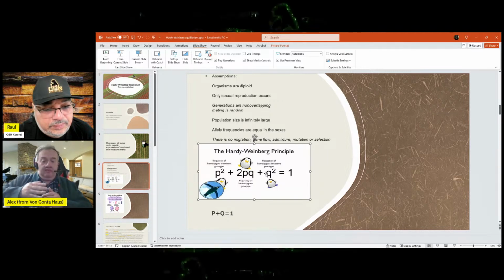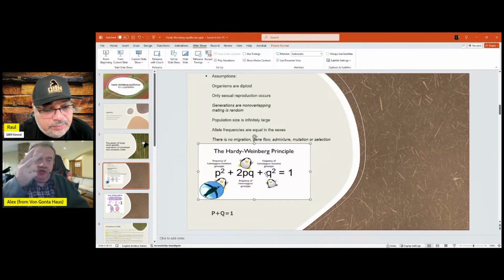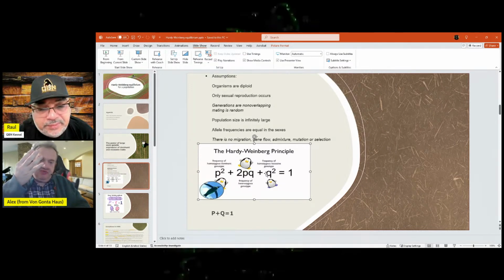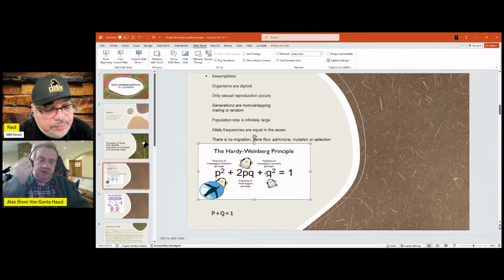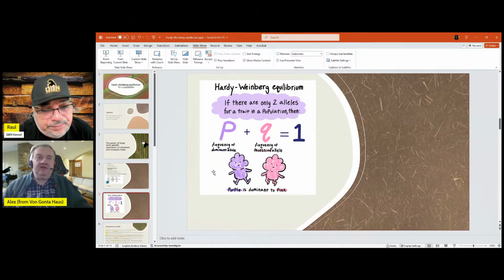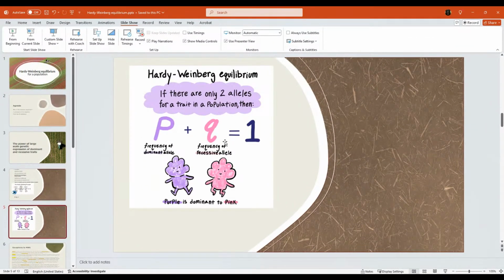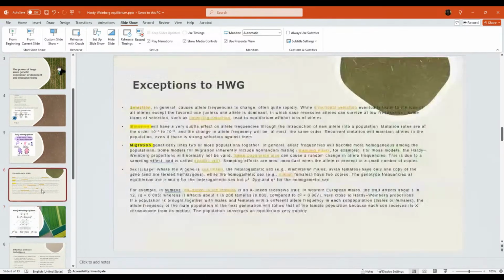Now you can have multiple monogenetic traits and still create an equation, but they must be multiple monogenetic traits. In other words, if this is only assuming 2, you can make an equation with 3. You can make an equation with 4. But it doesn't work if it's a polygenetic trait. So that's the other thing to understand. Now, the way it works is, as I explained, P is the frequency of the dominant gene, Q is the frequency of the recessive trait. There are 2 alleles for a given trait, hence the word diploid, and P plus Q equals 1. So we made this little Q drawing here. So let's look at it.